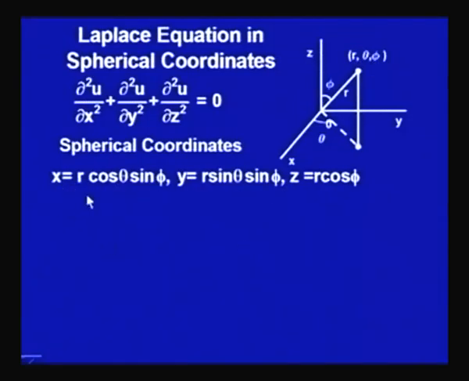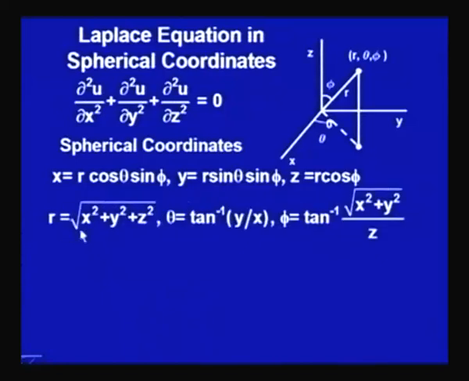So, again we would require to change it to r theta and phi. So, we require those relations. So, let us see, r would be the square root of x square plus y square plus z square, the distance from origin to this point x y z. Theta as usual would be tan inverse y upon x. Phi is now the